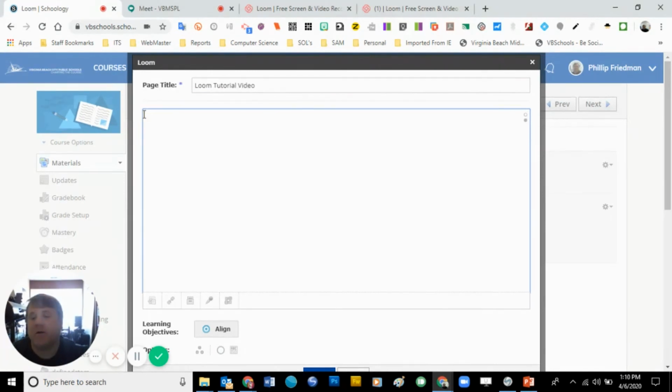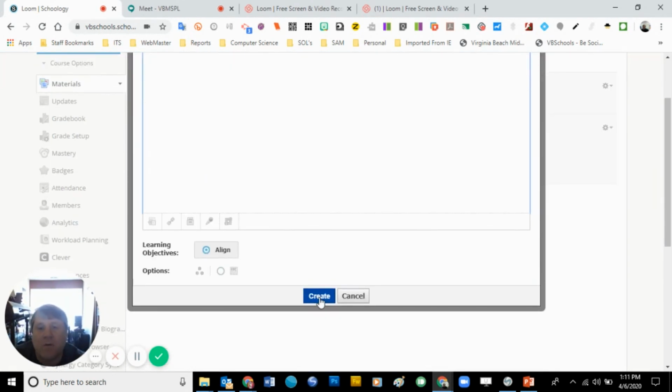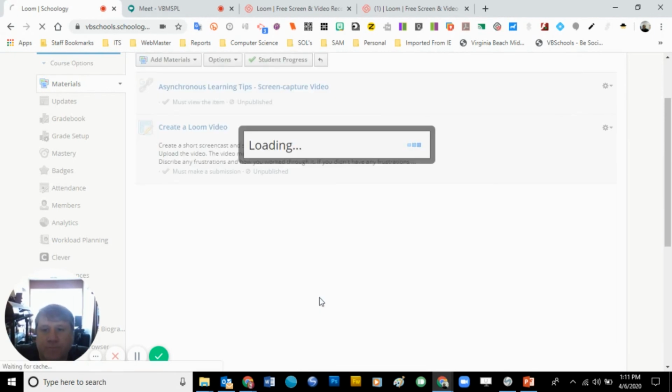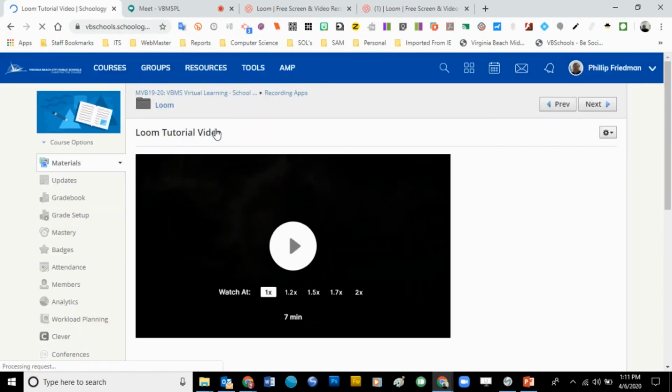Delete what's in there right now, and I'm going to paste in the embedding code, and then I will click create. My page will pop up here in between those two where I asked it to, and then when I click on the link to that, it's going to bring me to where my video should be embedded now,